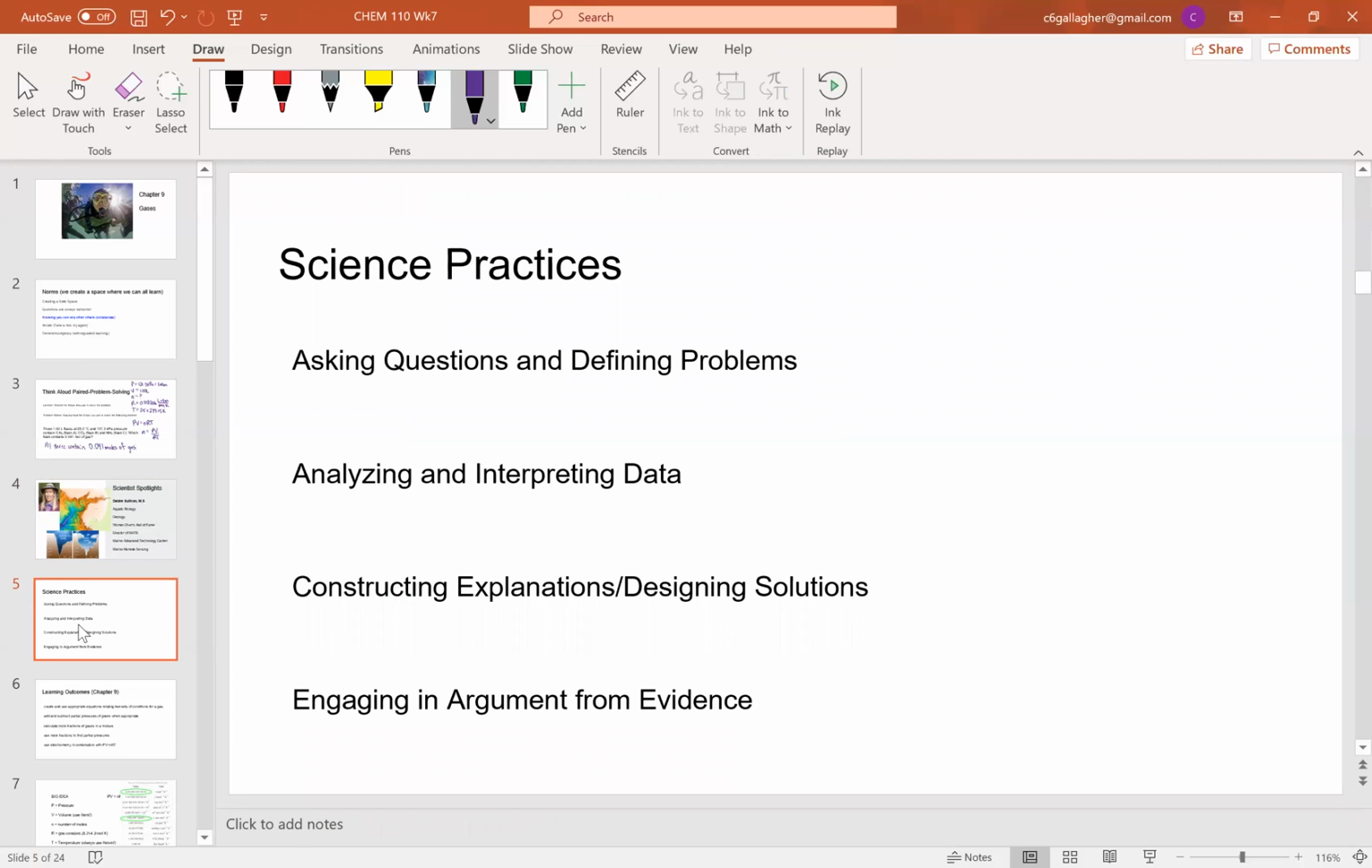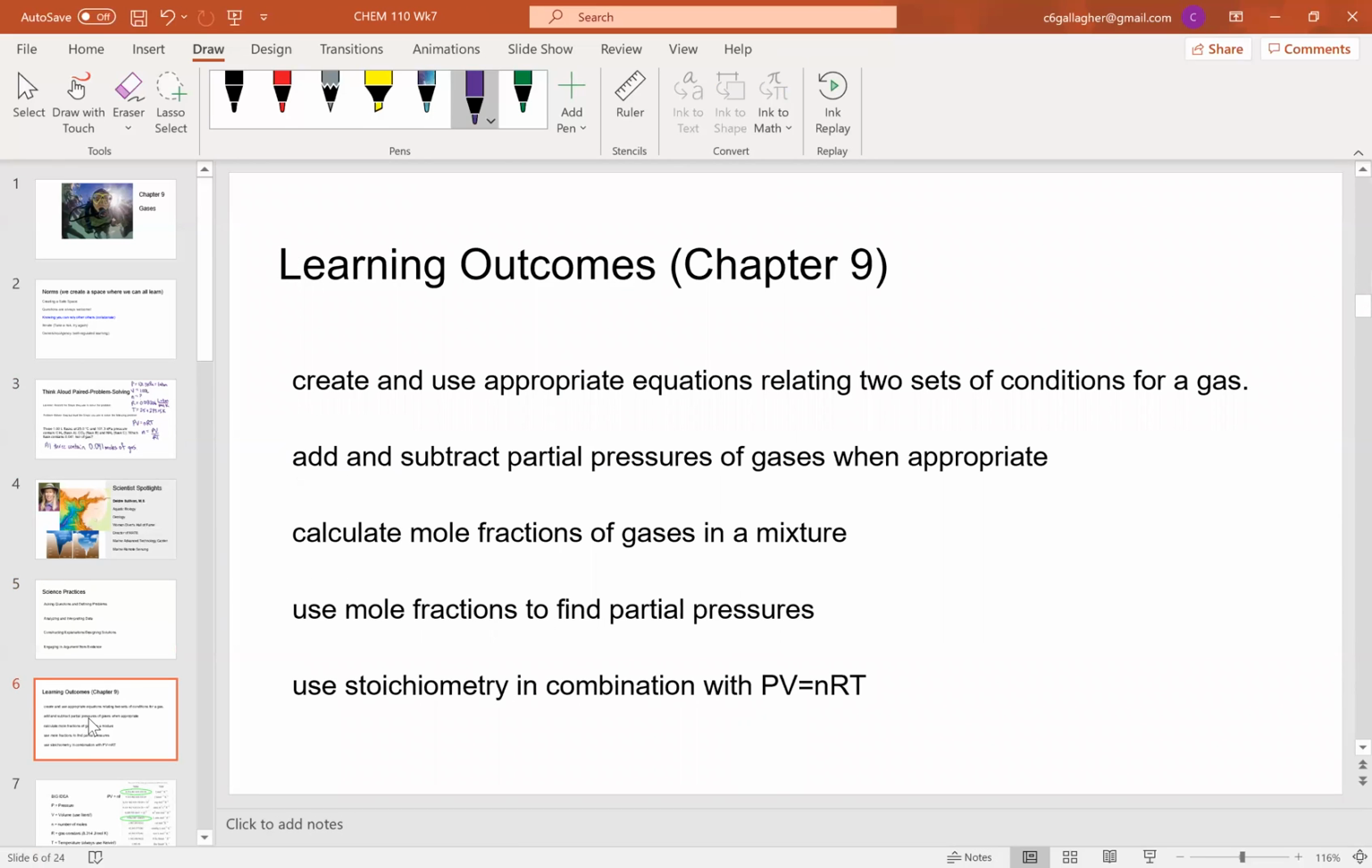Our focus today is going to be on constructing explanations and designing solutions. And we're going to tackle the remainder of our learning outcomes. So we're going to create and use appropriate equations relating 2 sets of conditions for a gas. We're going to learn about how to solve for partial pressures of gases. We're going to calculate the mole fraction of gases in a mixture, and then we're going to use mole fractions to find partial pressures. And then we're going to think about how to use stoichiometry in combination with PV equals